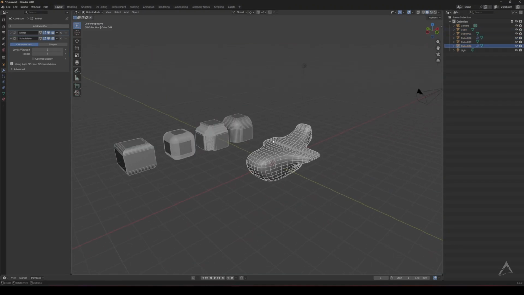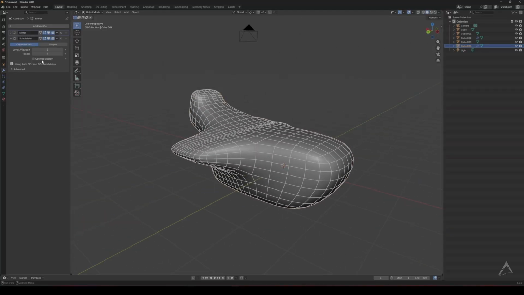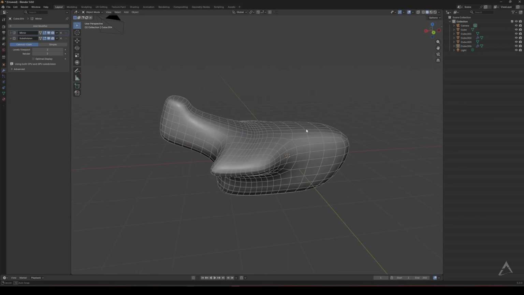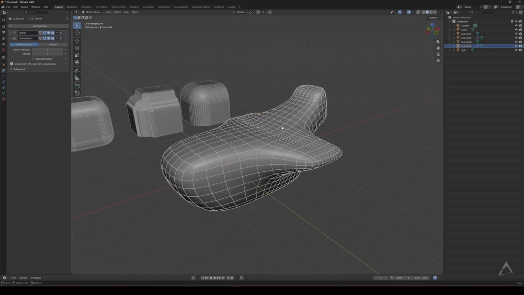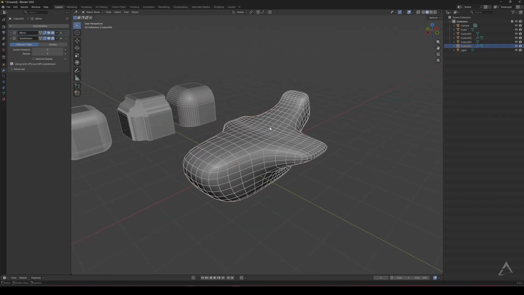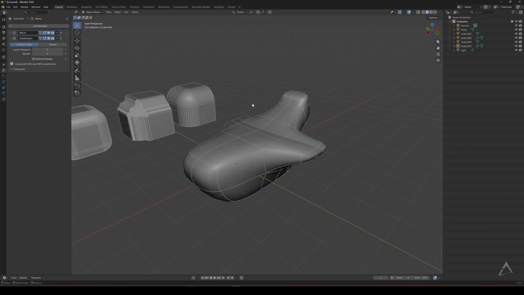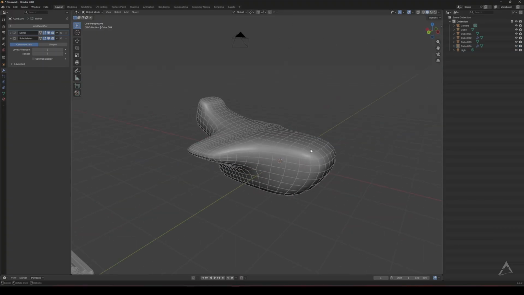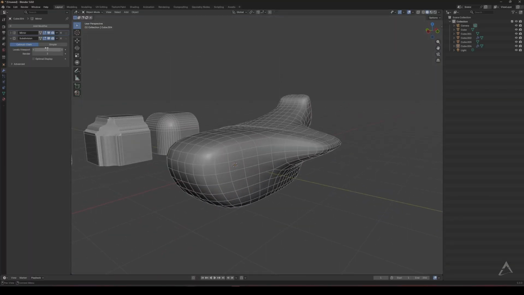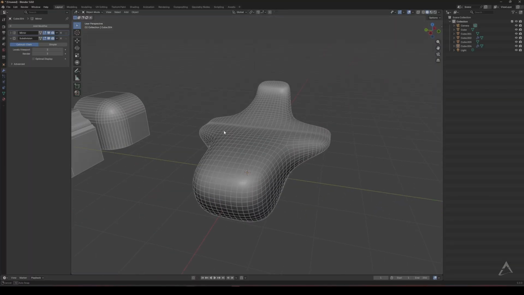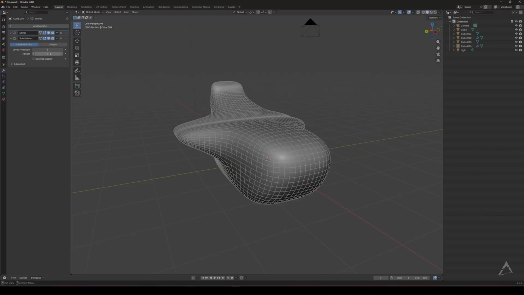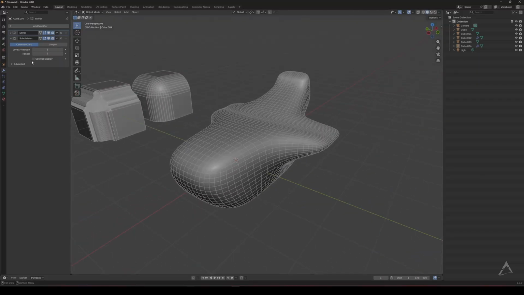And then we move to the subdivision surface modifier. It is pretty useful. It's used quite a lot, and it's very dynamic. As you can see, there are a lot of options here for you to play around with. This is the original shape, and if you don't want to see that, you can see the geometry that the modifier has added. If you want to see more resolution, you can increase it right here. This one right here is how the object is going to look when you render